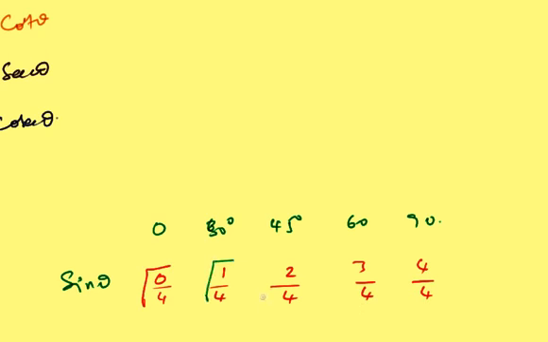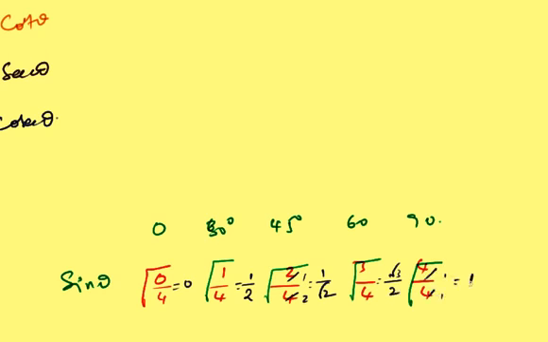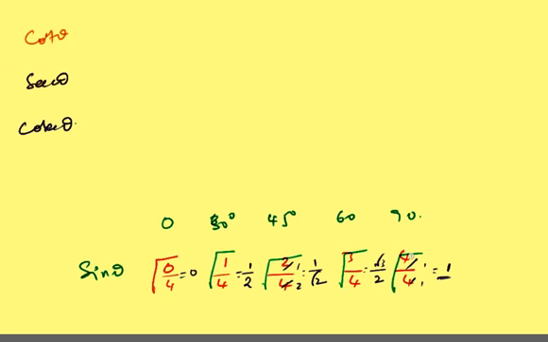Yeah friends, now you root all the values. So what will happen? What is the answer you got? 0 by 4 is nothing but 0, so the answer will become 0. 1 by 4, root 1 is 1 and root 4 is 2, so that is 1 by 2. 2 by 4 is 1 by 2, so root 1 is 1 and root 2 is root 2, giving 1 by root 2. Root 3 is root 3 and root 4 is 2, so root 3 by 2. And 4 by 4 is 1, so root 1 is 1. So from here you can read it as sin 0 is 0, sin 30 is 1 by 2, sin 45 is 1 by root 2, sin 60 is root 3 by 2, sin 90 is 1, friends.